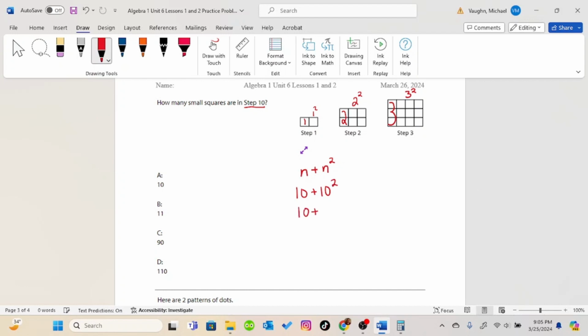Do the exponent first. 10 squared is 10 times 10, which is 100, and 10 plus 100 is 110. So our correct answer is choice D,